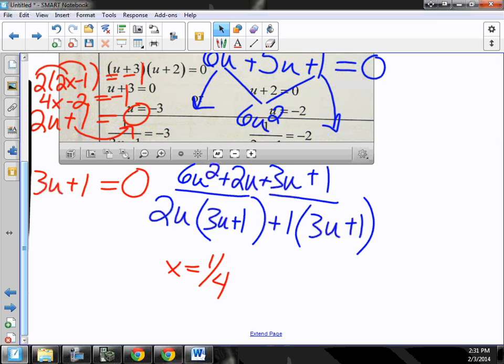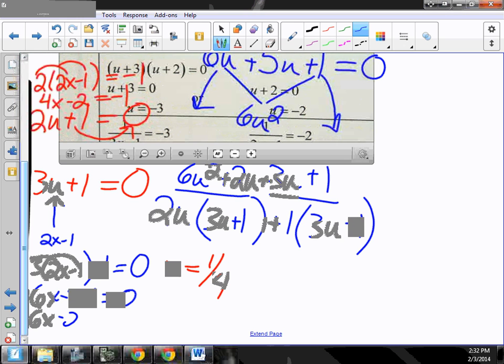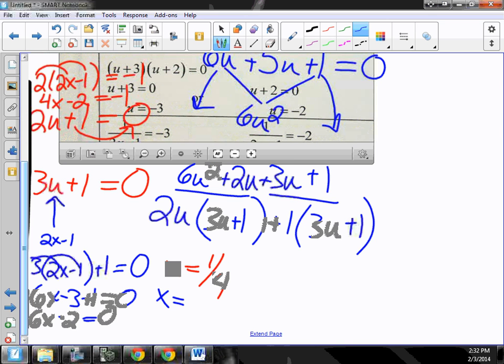I'll do this one slower. So I'm going to put inside here 2x minus 1. Okay, so 3 times 2x minus 1 plus 1 equals 0. Does that make sense? So I distribute in 6x minus 3 plus 1 equals 0. 6x minus 2 equals 0. Subtract the 2, divide the 6, and x equals